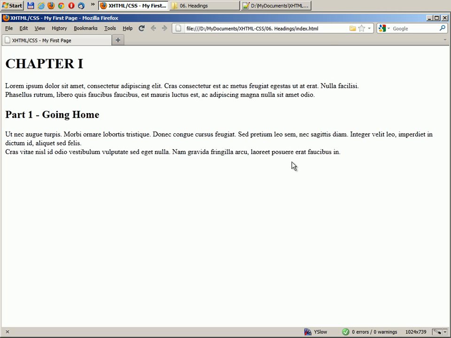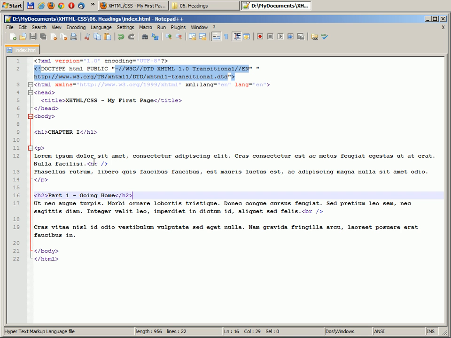Okay, let's say you're building a website, and the website will contain pages for a book. So obviously a book has chapters, and every chapter has multiple parts. Okay, so in terms of this, you just need to make the chapter the obvious biggest heading possible, because the chapter will contain smaller headings like part 1 going home. Okay, so if we go back to our code, we can see that we've used H1 to define the chapter,